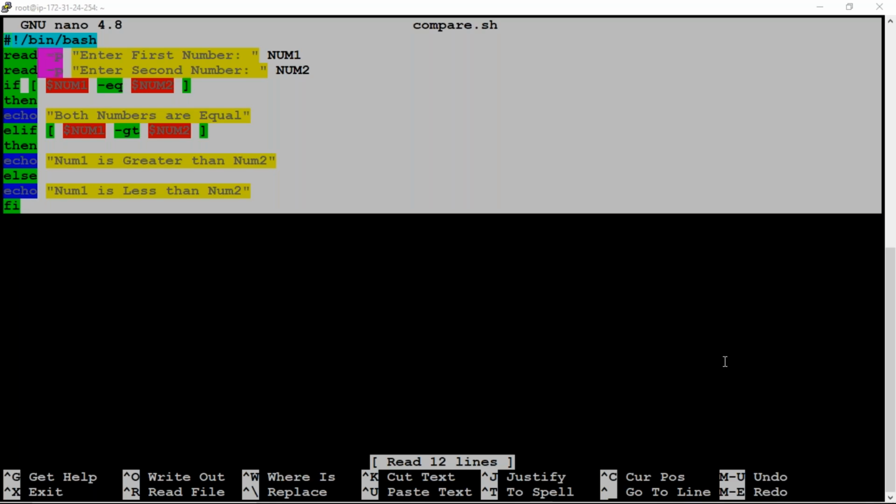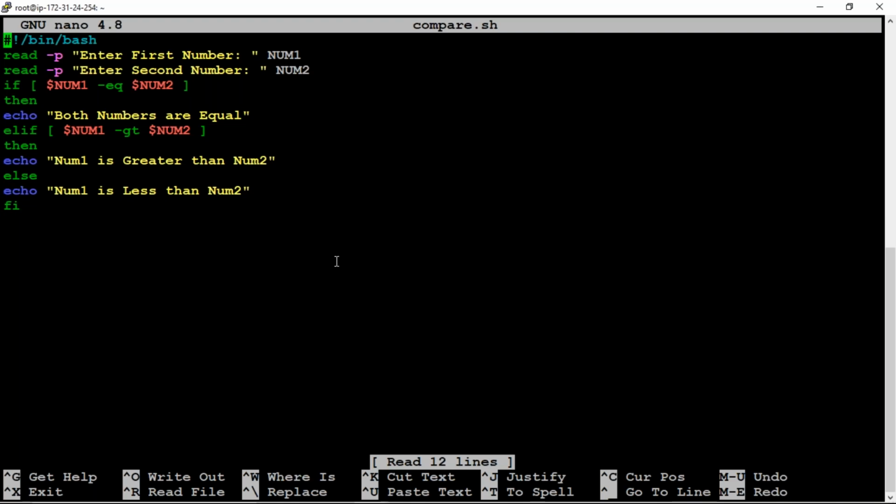Got it? So remaining you can practice: less than or equal, less than. You can practice on that. Clear up to now? Num1 should be written, sir. Just a small modification you can do. So where is that modification we need to do? You just try on that. In the echo statement only we need to change.